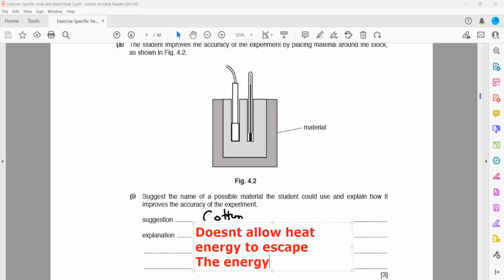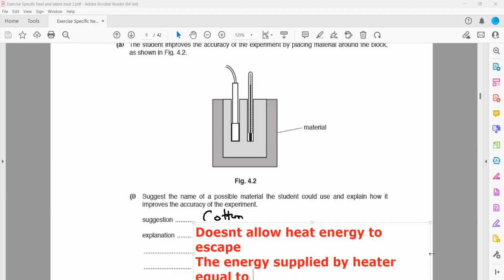So the energy supplied by the heater is equal to the energy absorbed by the block. Otherwise, when a heater is supplying energy,